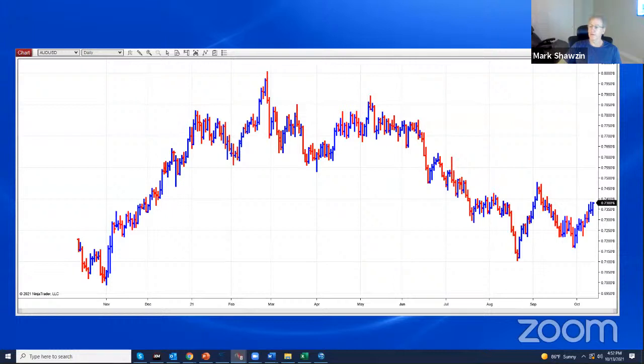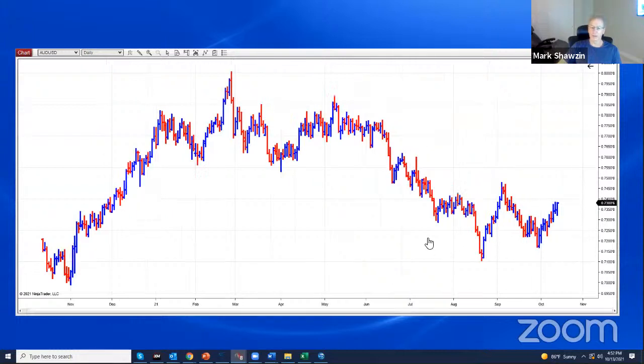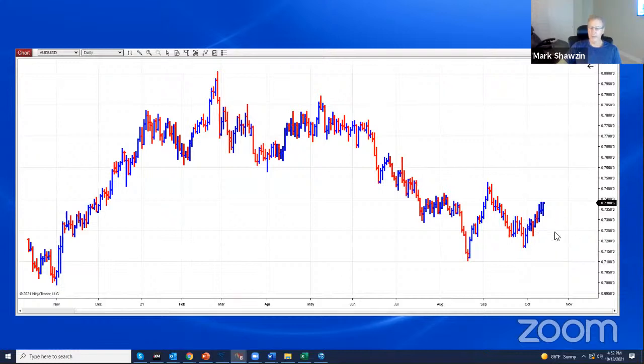Karina says, does this work for high frequency Forex? I don't know what high frequency is, but if you want to trade in and out on a 5-minute chart, you'll see these kind of patterns on a 5-minute chart, but you'll see something in 5 minutes that looks like a double top. It goes 3 pips before you can get out. It's right in your face again. So yes, you can trade intraday charts or high frequency or whatever.